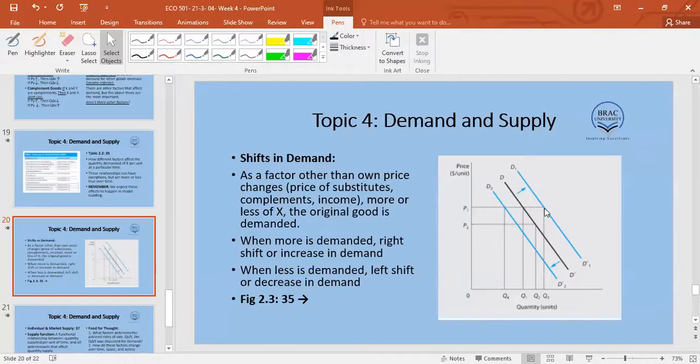Right, now visualize the graph. Any horizontal movement to the right, we understand it as an increase. So it's an increase in demand. Any horizontal movement to the left is a decrease in demand, right? Yes, sir. So what we are going to do next week is, if the demand increases, for a particular good or particular case study, how can business houses respond? If demand falls for whatever reason, how do business houses respond?